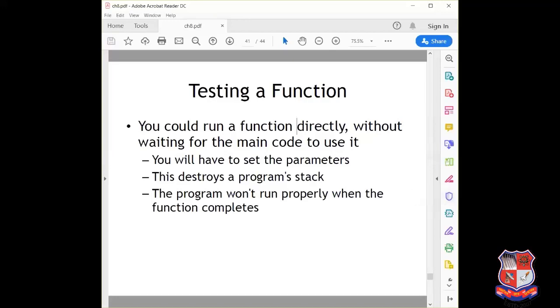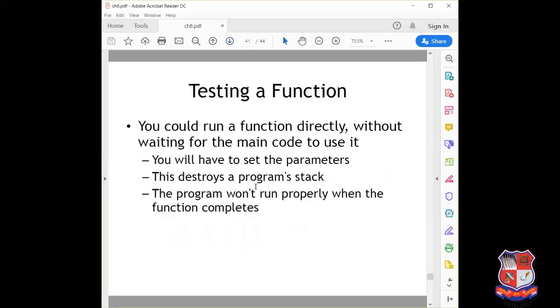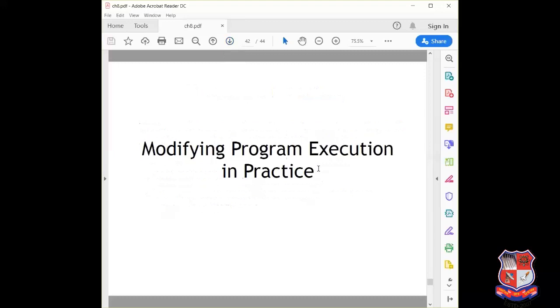So in a small case, we can say that for the execution of a program with a debugger, we can either skip parts of the program, test the functionality, or modify the program execution in practice. Now, how to do this?